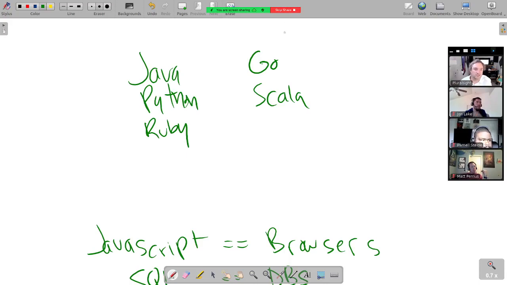All of these are just, do you need to tell a computer to do something? Here's a language that can do that. Now, these have different ways of structuring code, like Haskell, for example. Haskell is a pure functional language, which means it doesn't have if statements. You can't store things in variables. There's pure functional stuff.